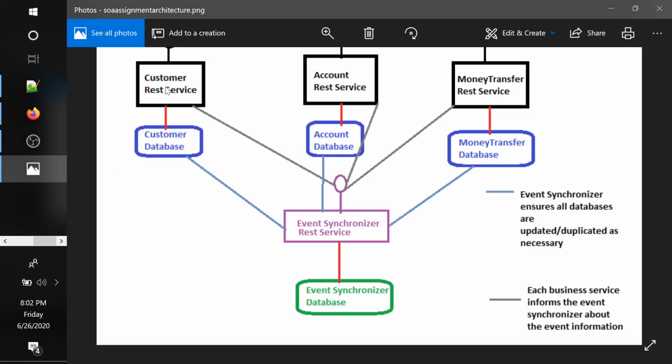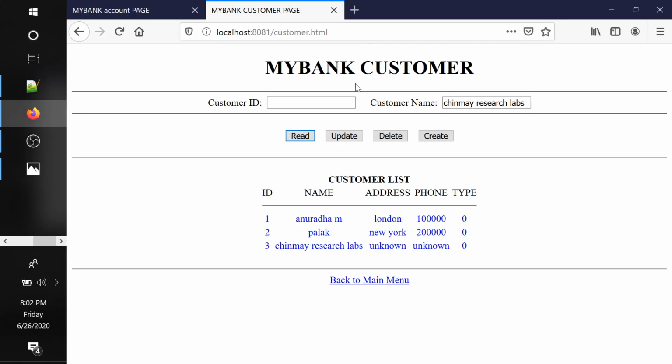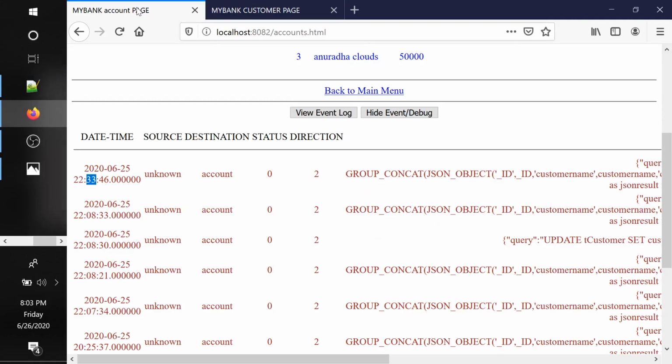Now this website internally called the event REST service, and this event REST service then broadcasted the event to account, and this account then synced the event into its database. So we confirm this by looking at my bank account events.